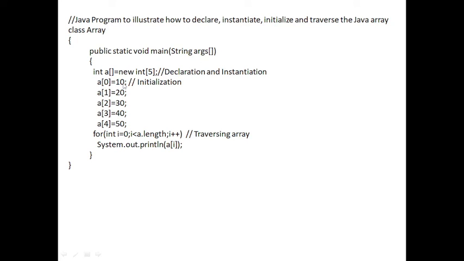And then initialization. If you see here, the size of this array is 5. The size of this array is 5, right? It means it is going to store 5 elements, right? So 5 elements means,